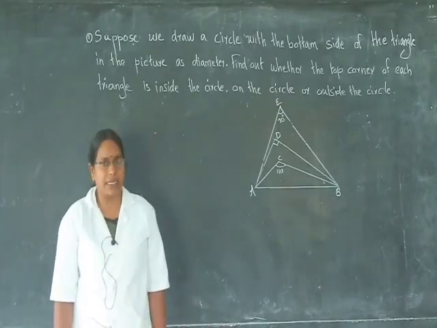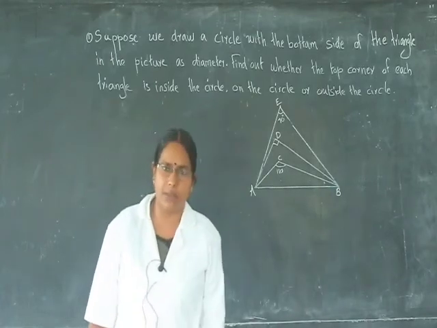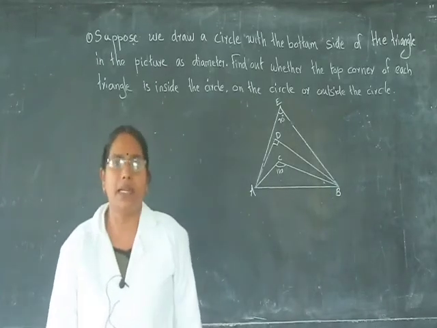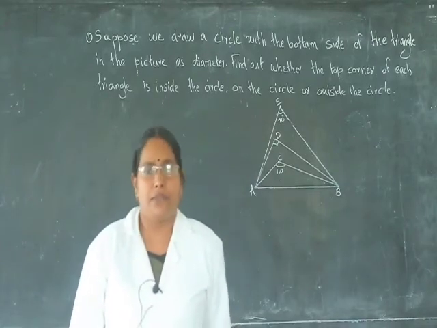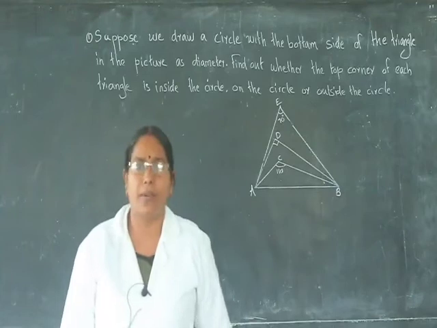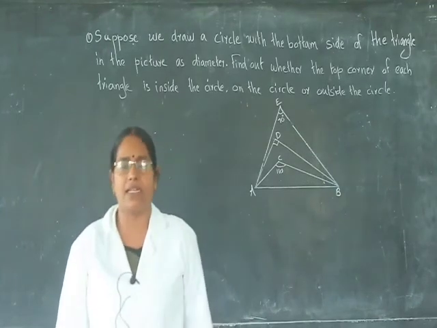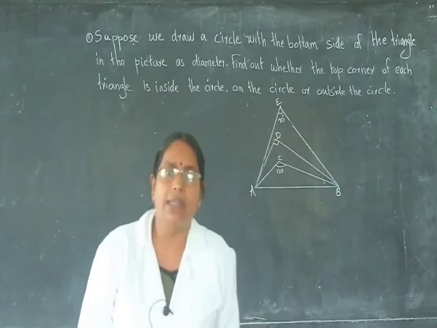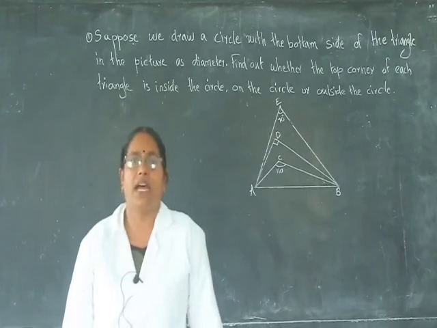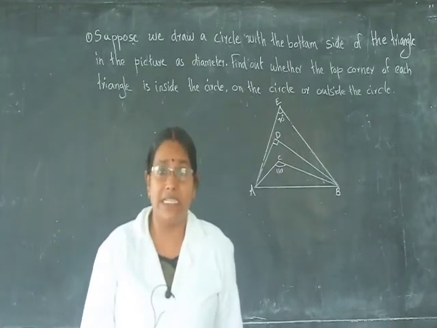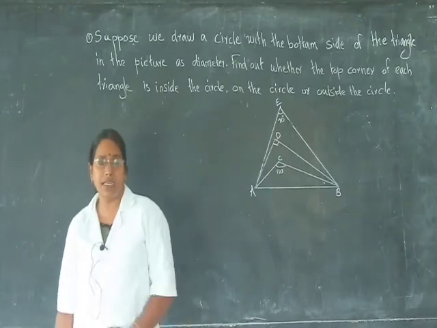I will discuss the first question of this chapter. You are studying three statements. One statement is: the angle in a semicircle is 90 degrees. Two lines joined from the ends of the diameter to a point outside the circle make an angle less than 90. Lines joined from the ends of the diameter to a point inside the circle make an angle more than 90. Using these three statements,